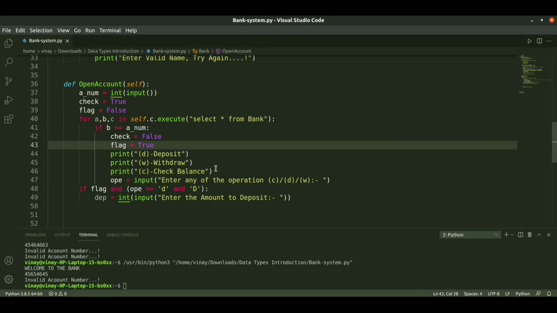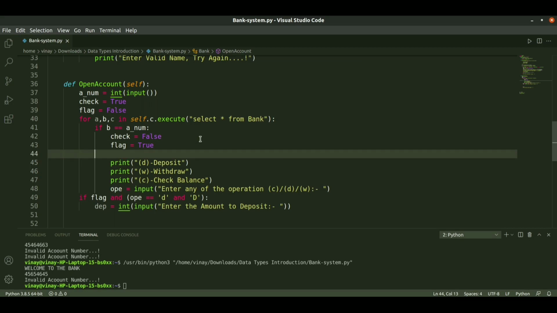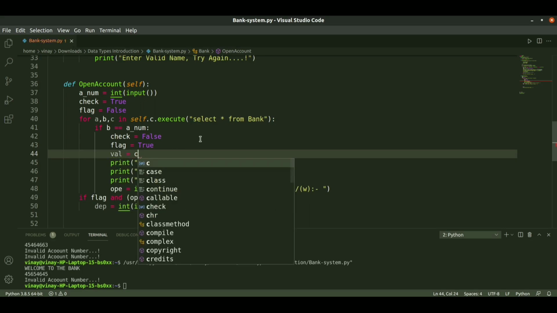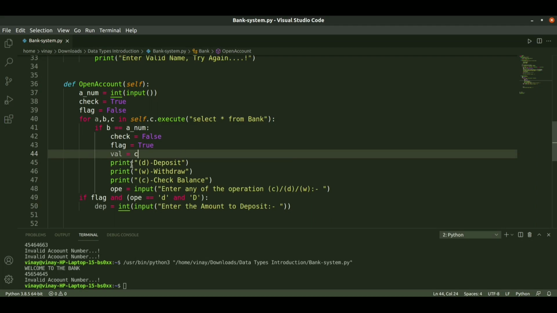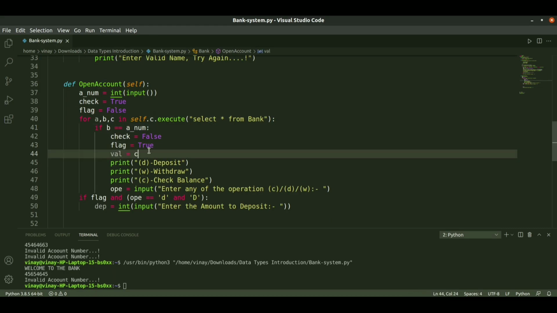So for this, after the flag in the previous if condition, I will take a variable as val, that is C is the balance value. That balance will be assigned to val, since only the existing user is there, so that user's value is assigned to this val.